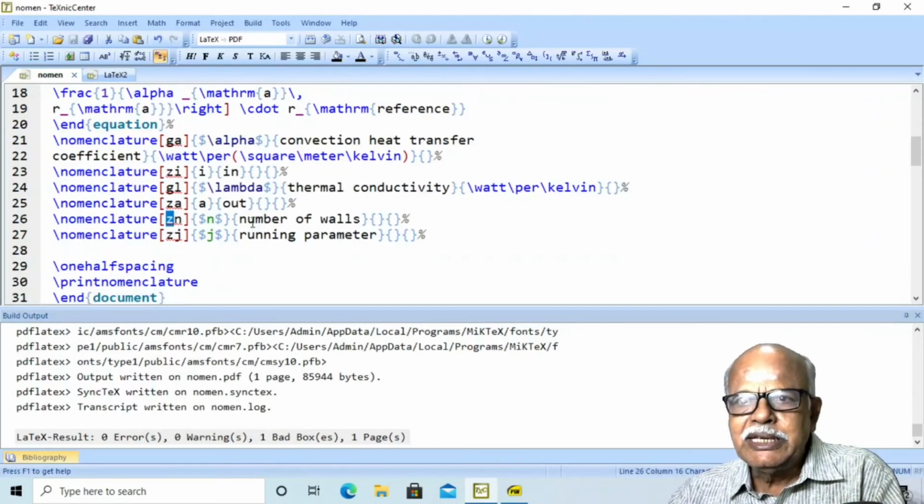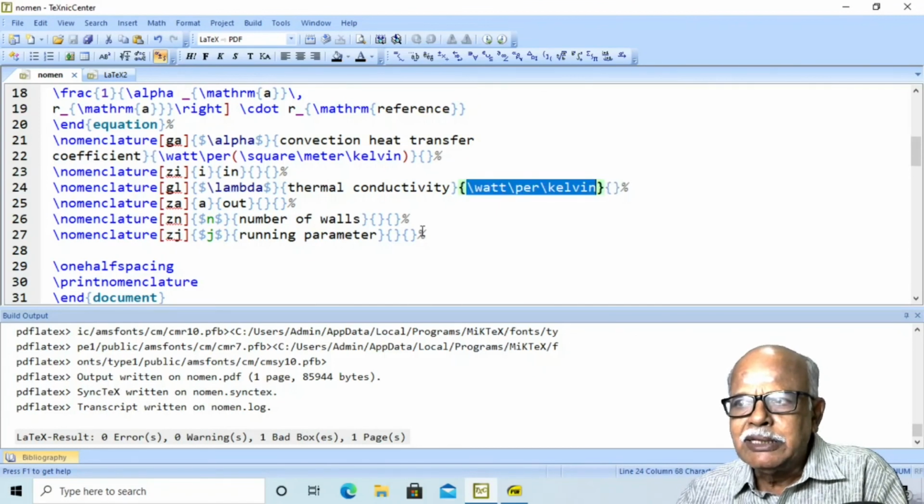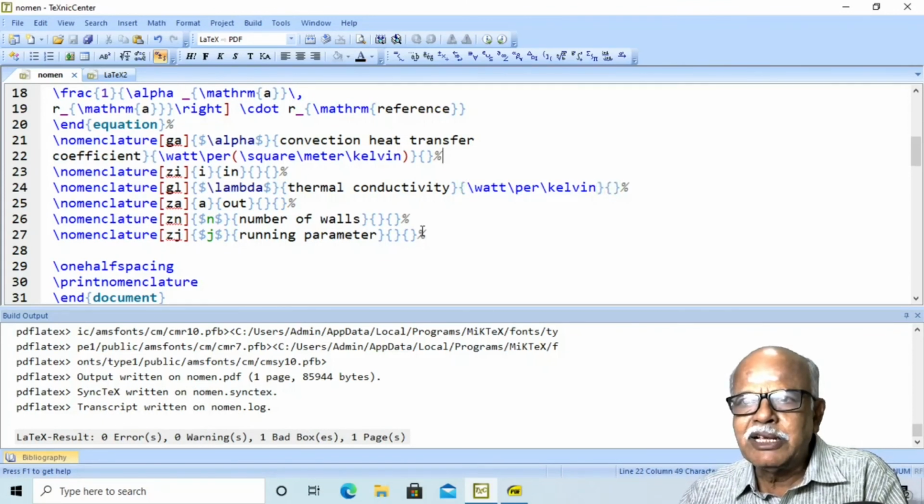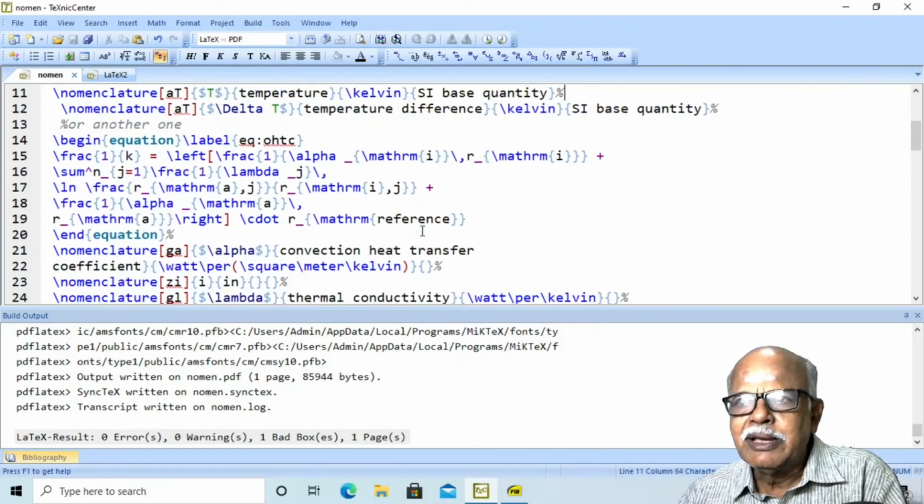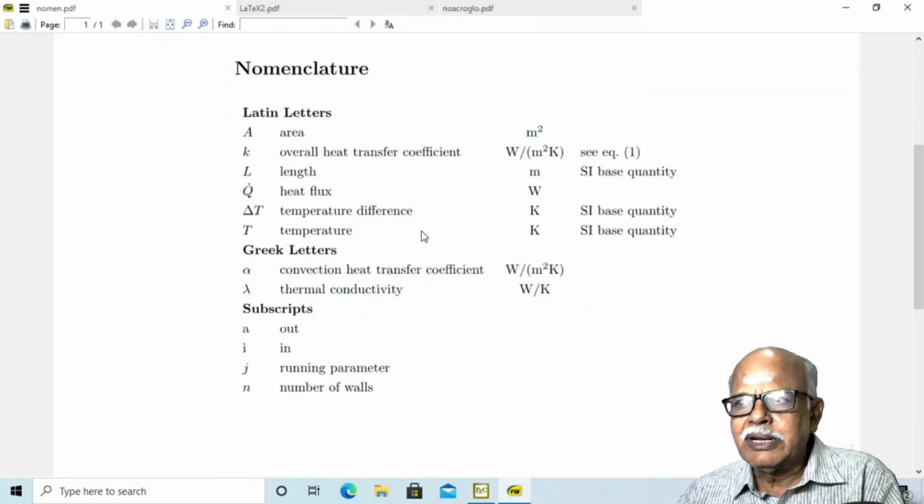Therefore, each of these nomenclature commands will have one option bracket followed by four pairs of curly braces. In the first one, we give the symbol. In the second one, the explanation. In the third one, the unit. For giving the unit, we have to follow the SIunits package documentation. And then in the fourth column, further explanation may be given, like this.